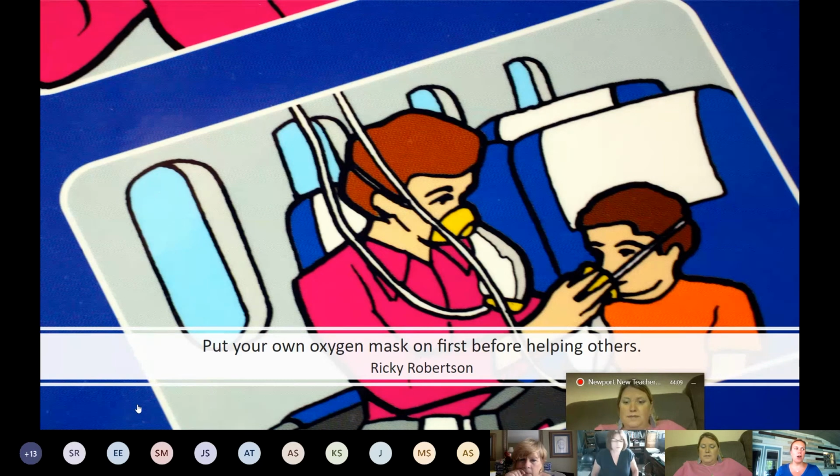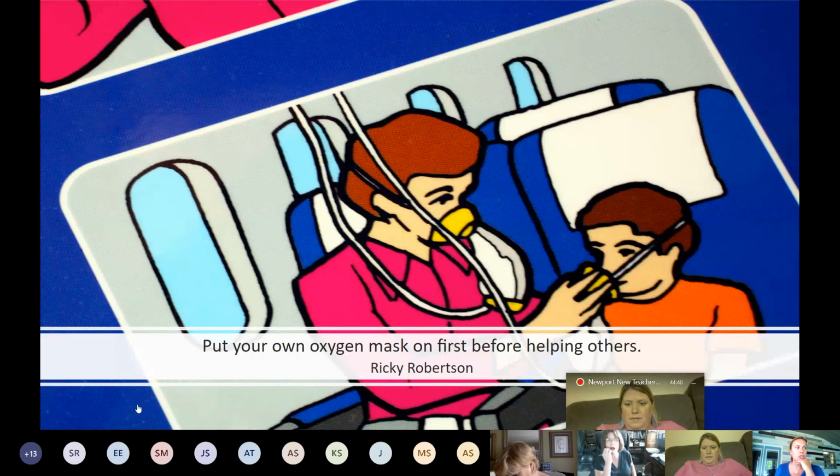As teachers, we often can work ourselves to death. Let's be honest. We will do anything and everything for our students. That's why we got into this profession. And it's so, so important. And we do that for our families and we do that for everyone. But we do have to remember to stop and take care of ourselves so that we can be the best teacher possible, the best parent, the best friend, whatever that might be. We do have to take care of ourselves. Otherwise, we tend to burn out.